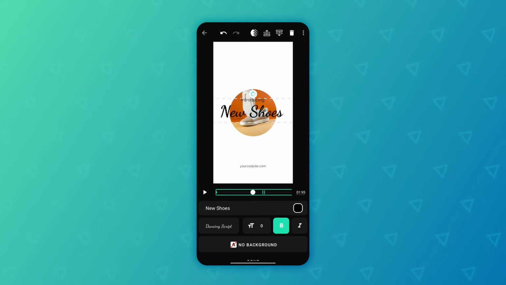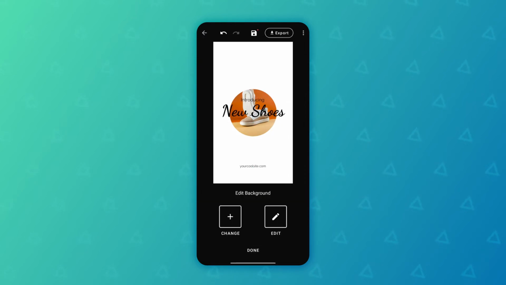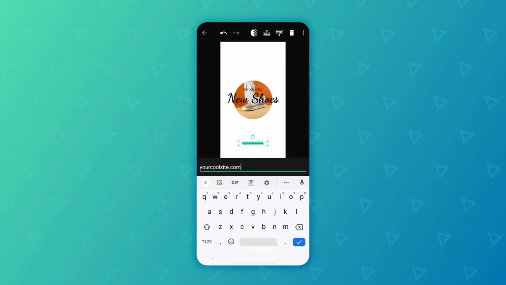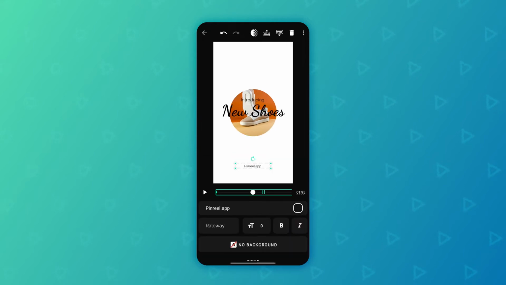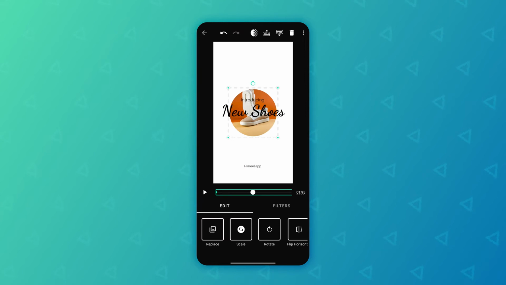You can even pinch and zoom inside of the element to increase its size. So that's that. As you can see, now it fits perfectly in there. You can type in your site right over here. So for instance, we can type in something like pinreel.app in here. And we can even adjust our